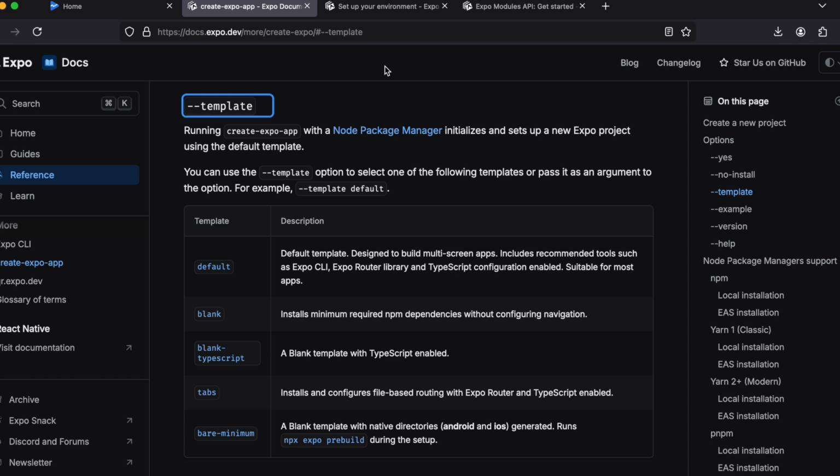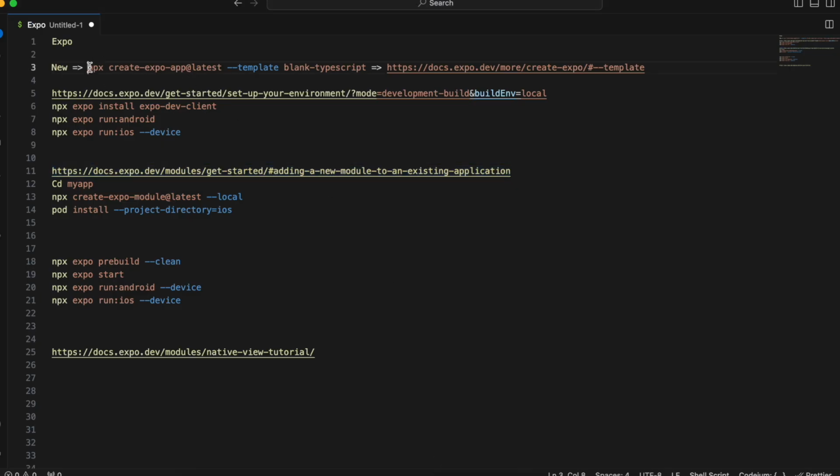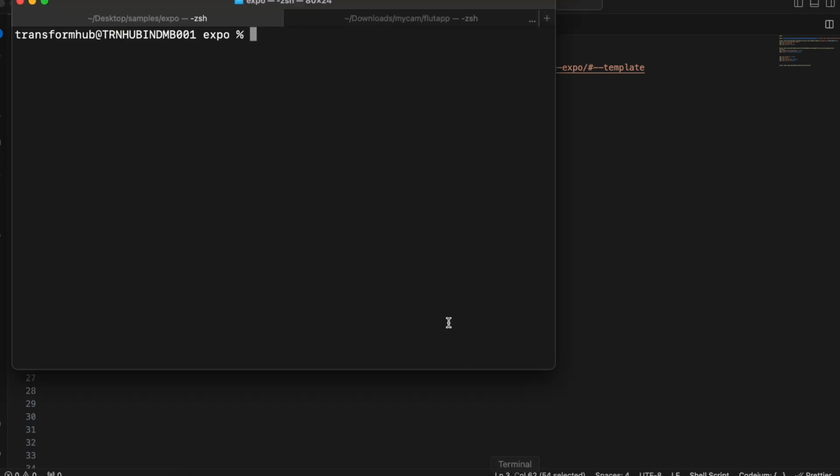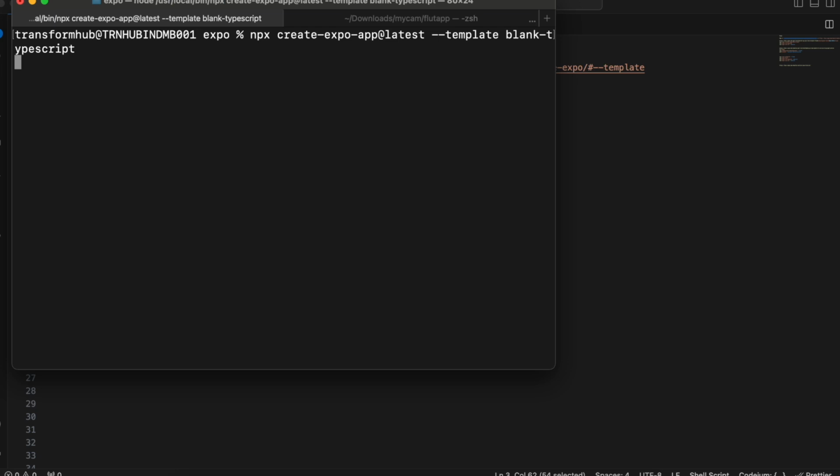Anyways, let's get started. First we will create an Expo React Native application. I will be using this blank TypeScript template. Feel free to use whatever template you prefer. The reason I'm using blank TypeScript is because it has very little boilerplate code. To create an Expo React Native project with the blank TypeScript template, this is the command for it. I will just go into my workspace directory and paste this particular command, and it will create a project